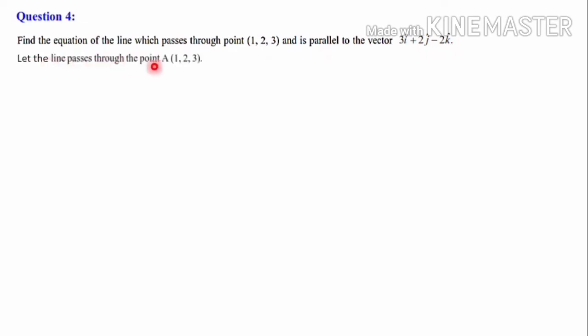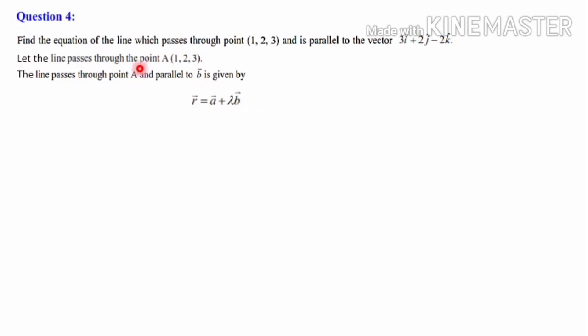Let the line pass through the point A (1, 2, 3). So we have taken the point as A (1, 2, 3). Then the line passes through the point A and parallel to vector B is given by vector R is equal to vector A plus lambda into vector B. These 2 steps, if it is not necessary, no need to write. If you feel inconvenience, no need to write, directly we can also write the answer, it's not a problem.